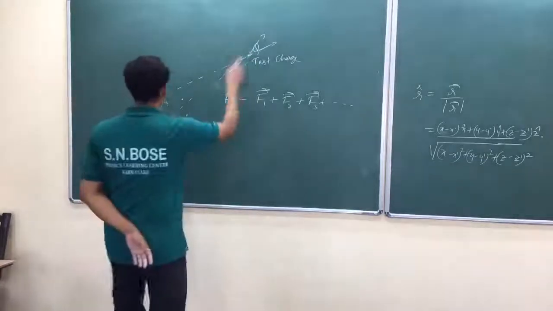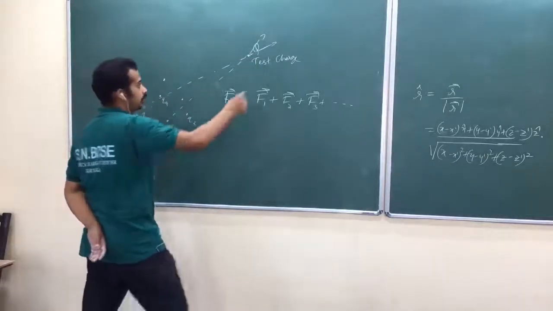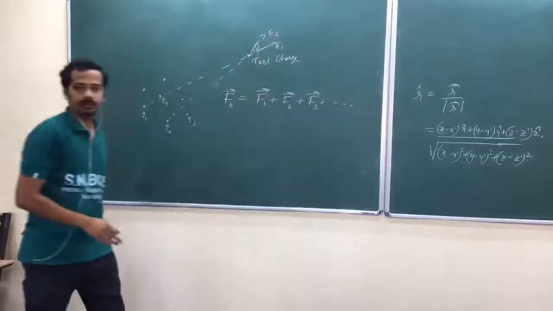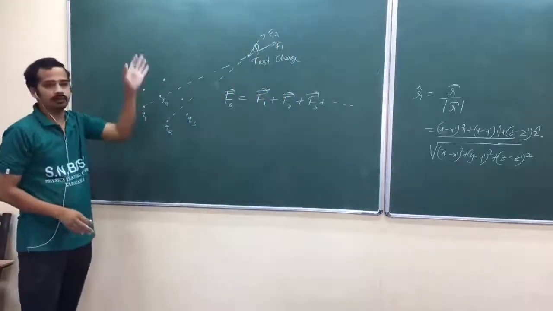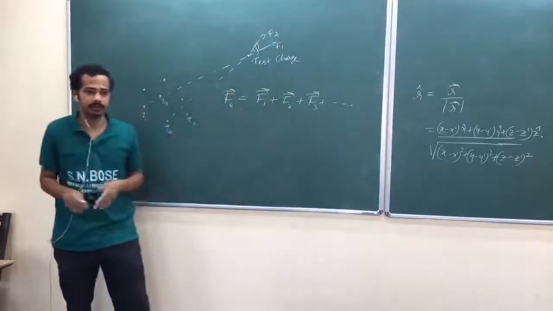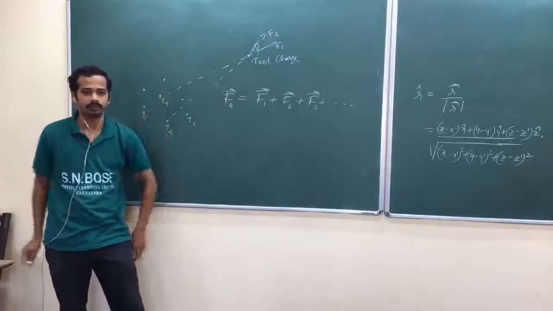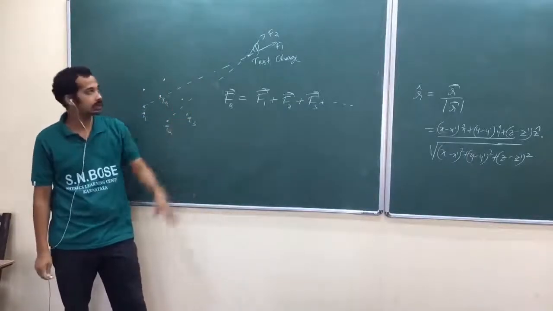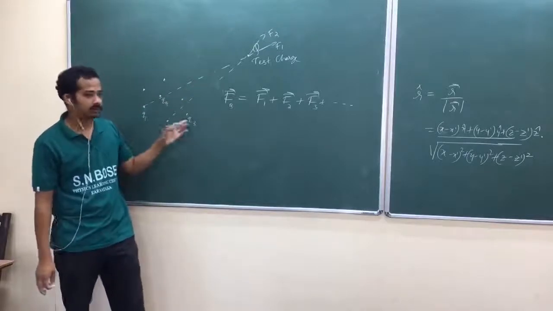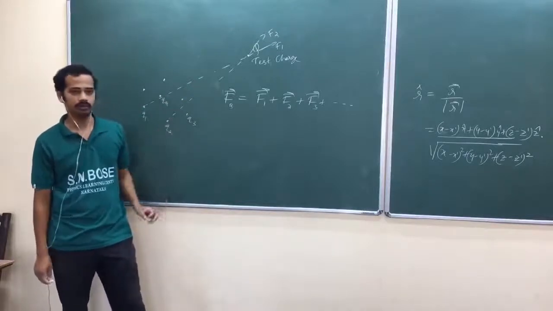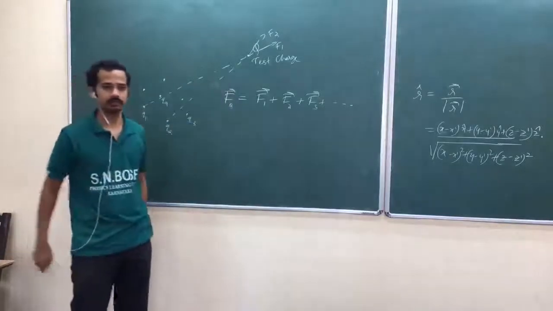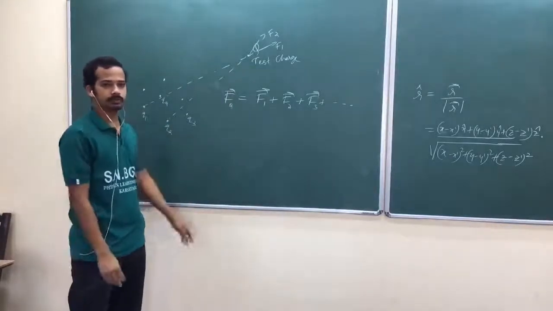Suppose this is also positive, this is also positive, these are also positive. Then F1 here, F2 here, like that. Am I right? Now you are adding F1, F2, F3, meaning those happened individually or independently. While finding F1, you are thinking that there is no Q2 or other charges. While finding F2, you are thinking there is no other charge other than Q2. You are finding those forces individually and adding them vectorially. So we call that the superposition principle.